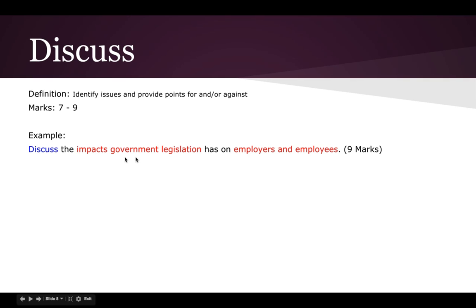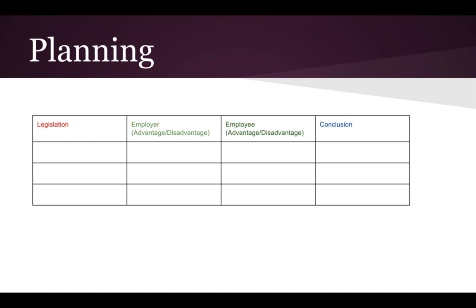Our issues are the impacts government legislation has on employers and employees. So there are our key points: the impacts of government legislation on employers and employees. They're the things that we need to extract from our question. You'll notice I'm highlighting this so I know what I need to cover. When I move into answering it,